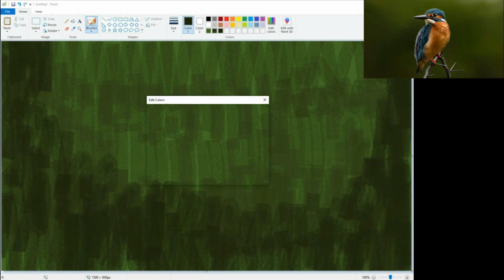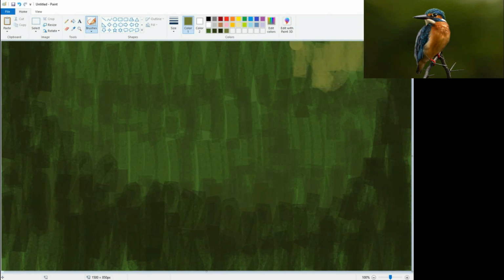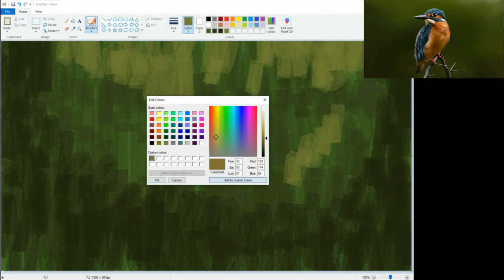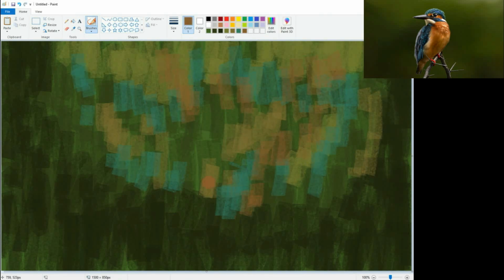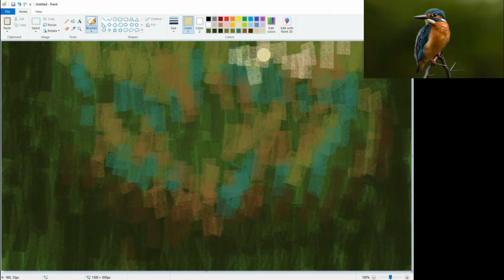Next I keep adding in more colors, more hues and more texture to the background. I select colors that are stronger than in the reference photo on purpose, because later when I start blending it all together most of the saturation will be lost and the colors will be less distinct from each other. Once I feel like there is enough color and texture on the canvas, it's time to start blending it all